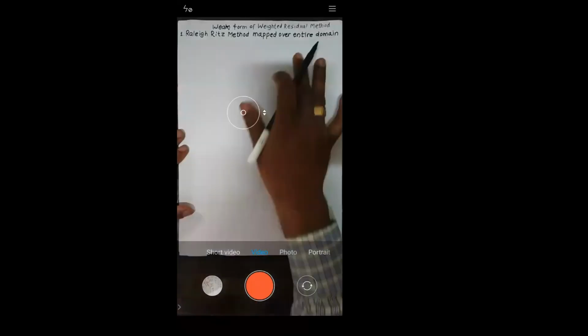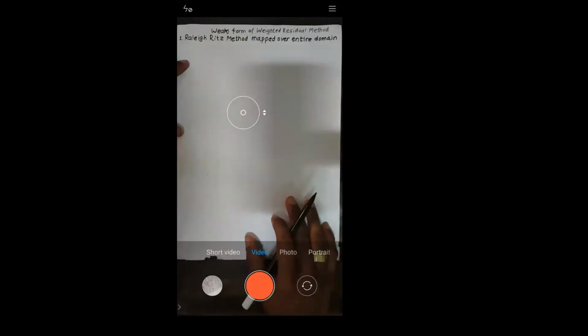So see all of you. I will take the same problem which we have solved by using five methods: one is the exact method and four are the non-weak form methods. One method was exact and the rest of the four methods were non-weak. Now the same problem I will solve by weak form. So let's take this problem.